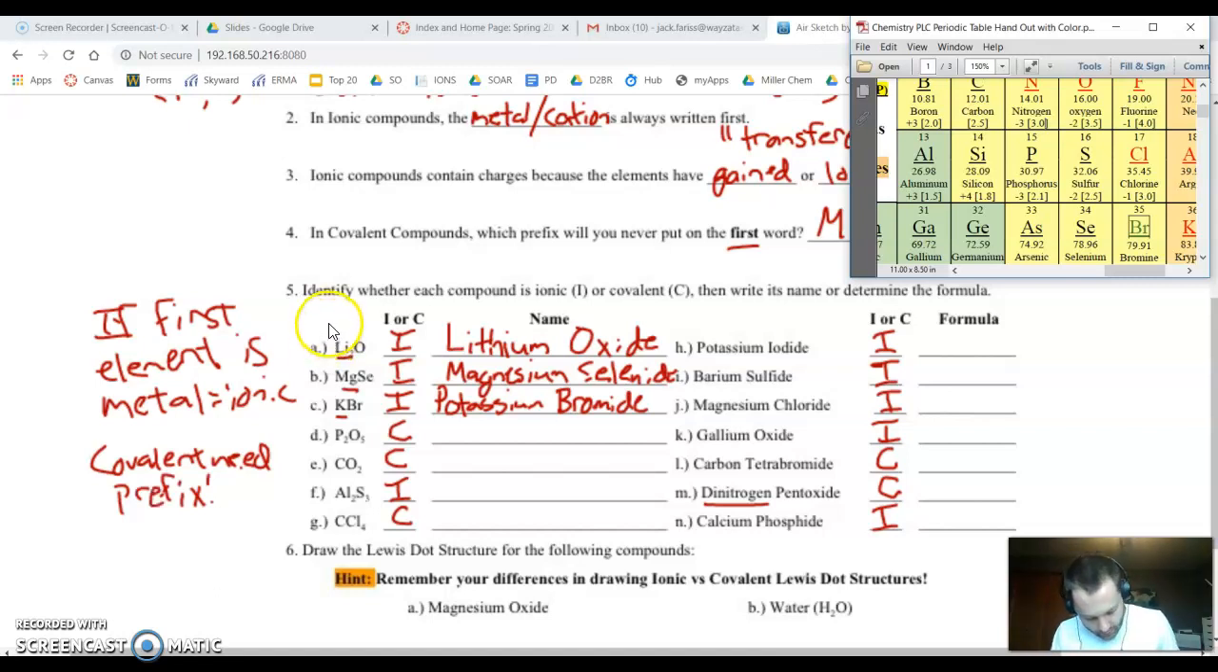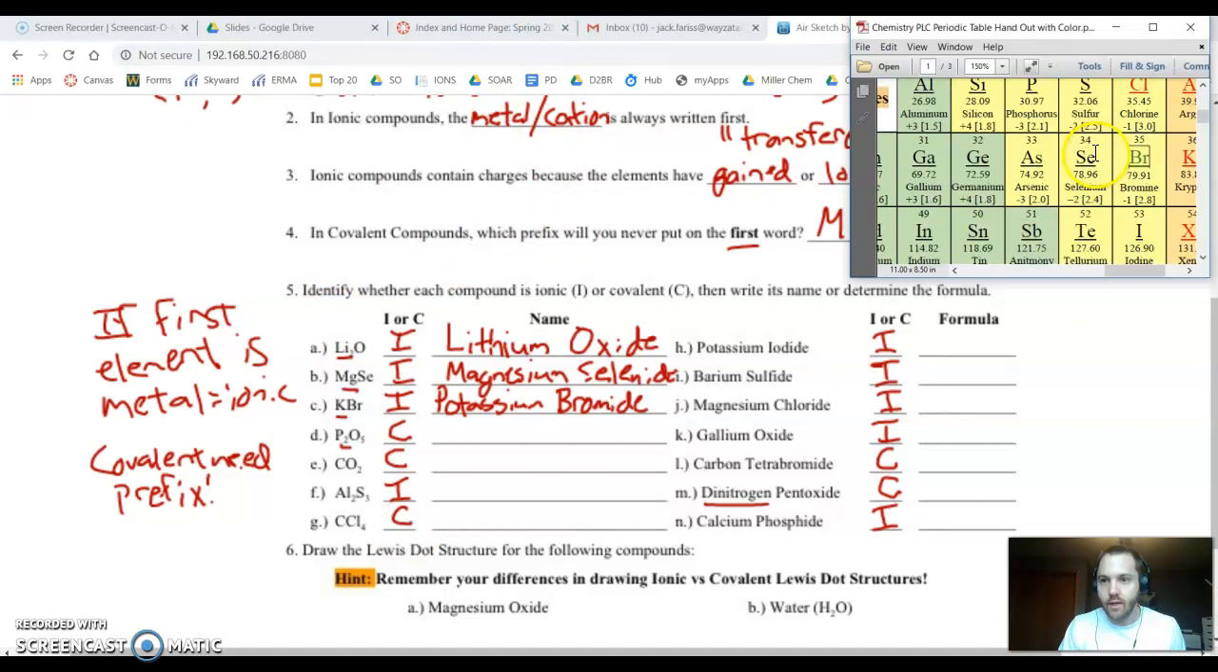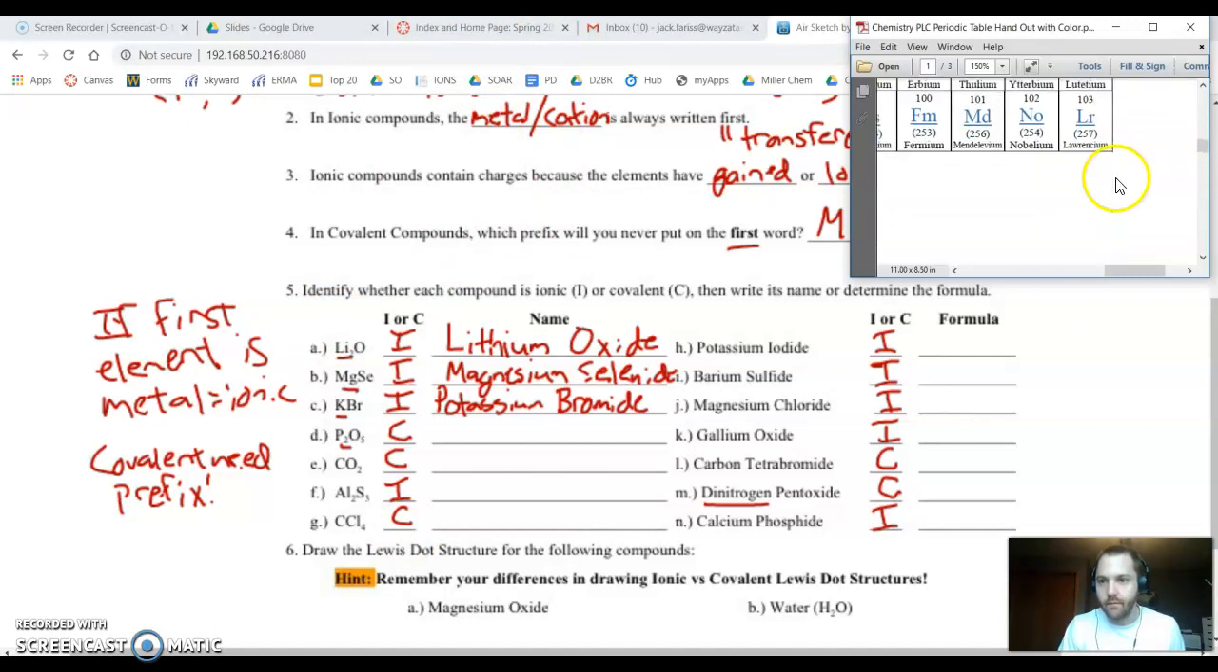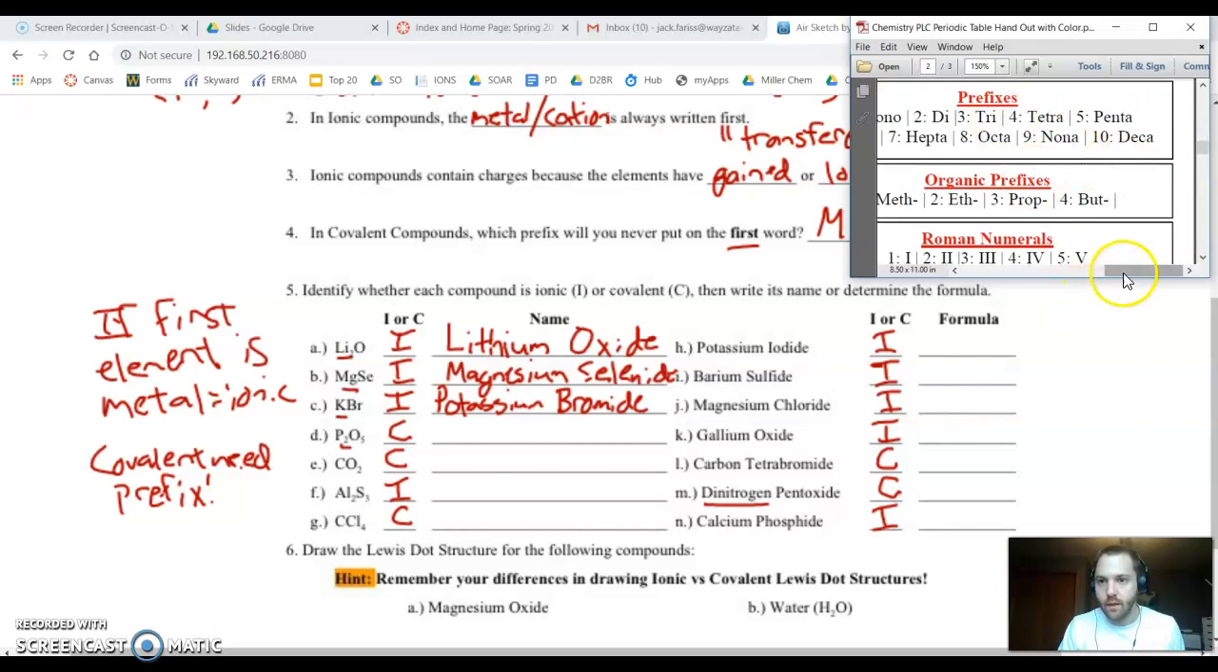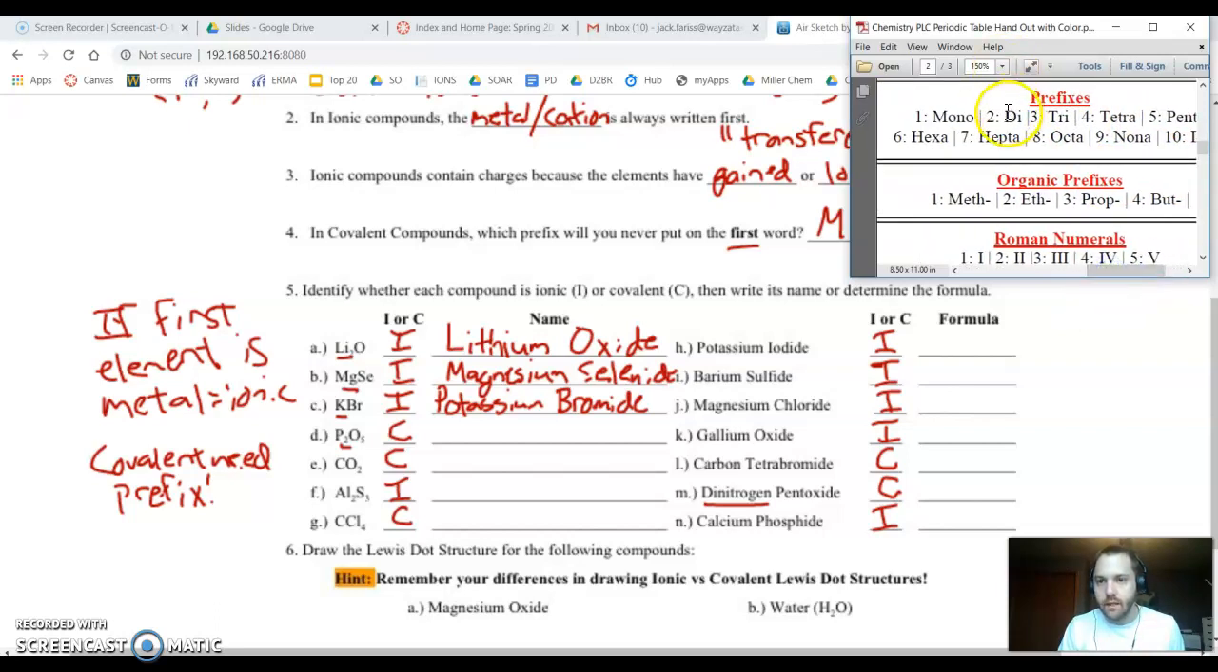So with this, I see 2 phosphorus. This is where you actually have to go to the back of your periodic table. We go down to the second page and we can see our prefixes here, and we see 2 is di. We still don't change the name of the first one, so it's just going to be diphosphorus. And then 5 is penta, so that's just going to be pent-oxide,